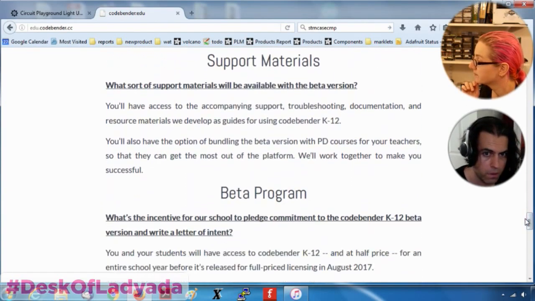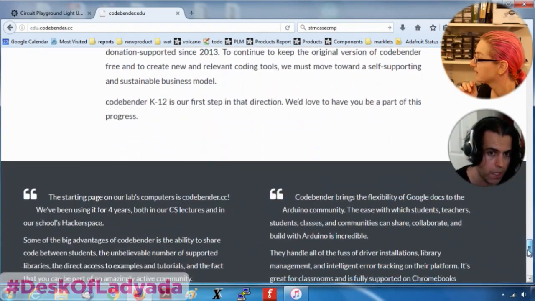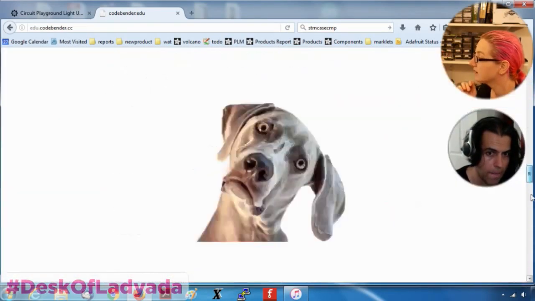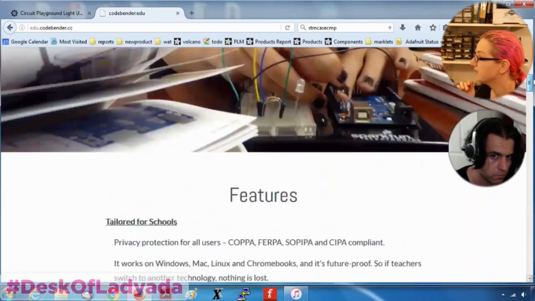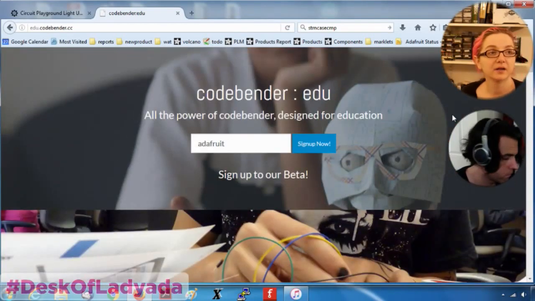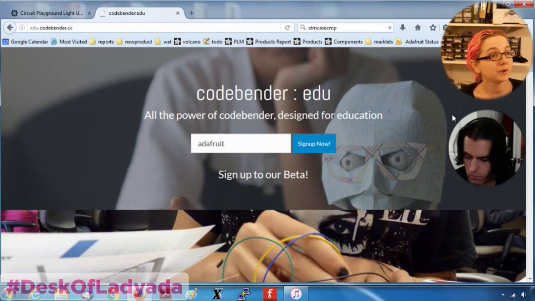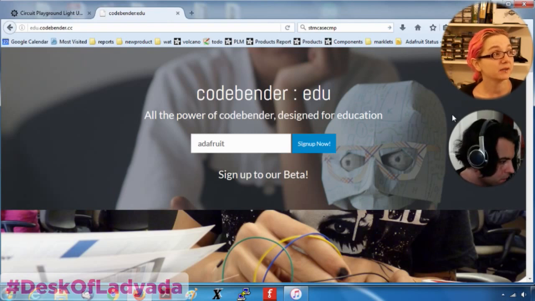And then they have security, supporting materials, beta program, and if you're an educator, they even have some people who've tried it out. If you're teaching at a workshop or at a school or at a hackerspace or a makerspace, this could be really helpful and a really good way to add a lot of value,